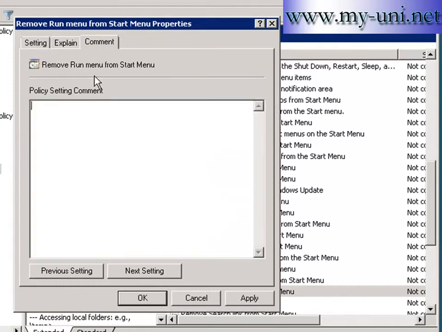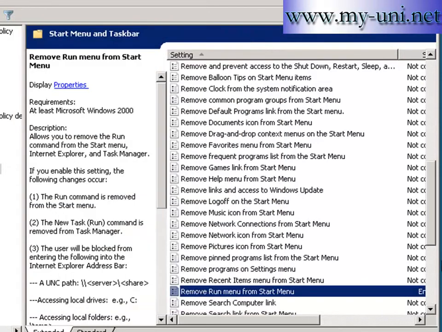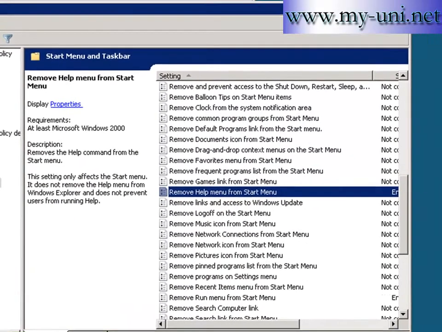You can also write some comments, and if you click this tab here, explain, it will explain what this setting will do. Apply and OK, and remove help menu from start menu, double click and enable this setting as well. Apply and OK. Close this,